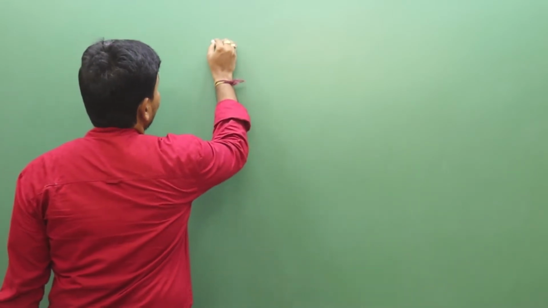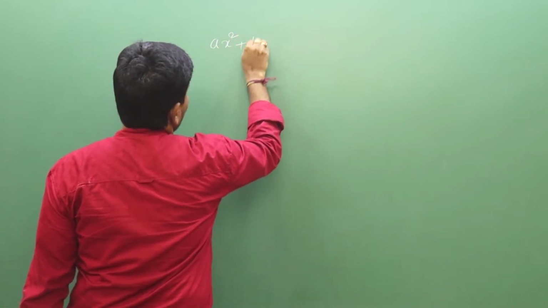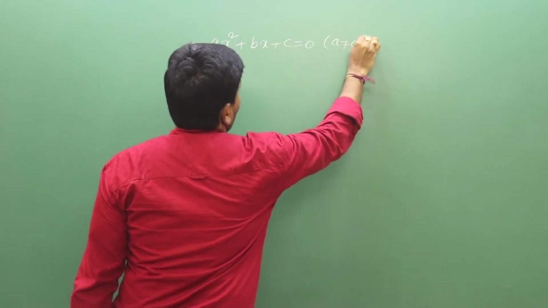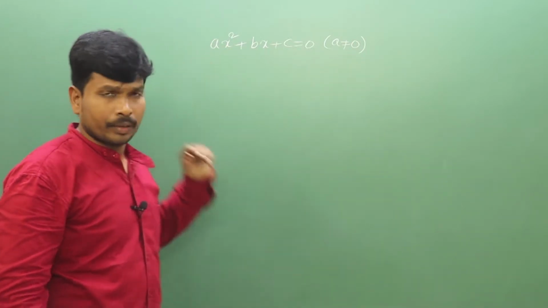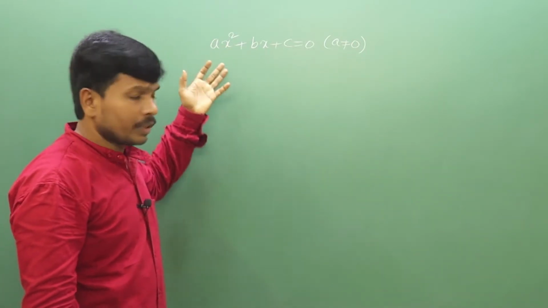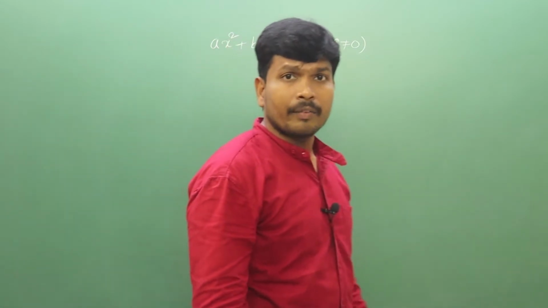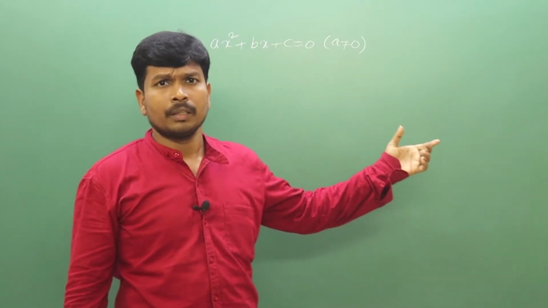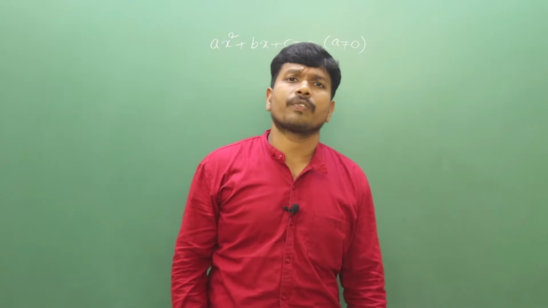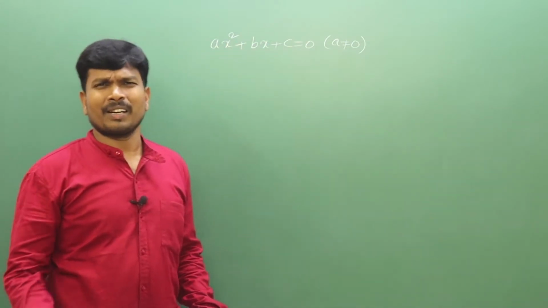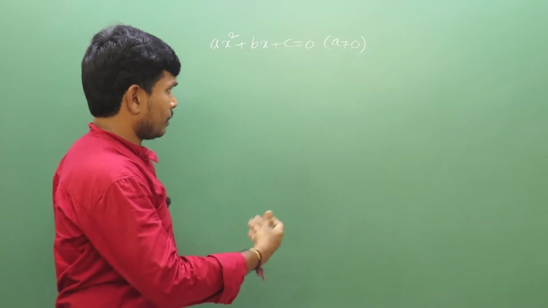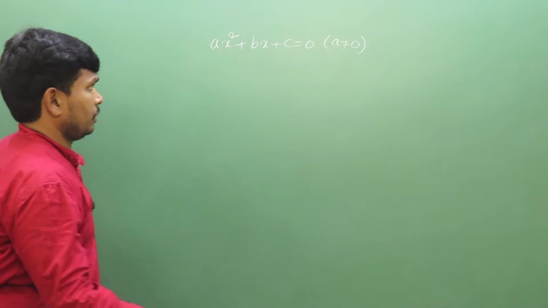What are the roots of the general quadratic equation ax square plus bx plus c equal to 0? We are finding the x values with the help of the completing the square method. We have two methods now. What are those? Perfect square method and the usual method. I am using the perfect square method because it is very easy. Everything is easy, but it is better to do it well in time.